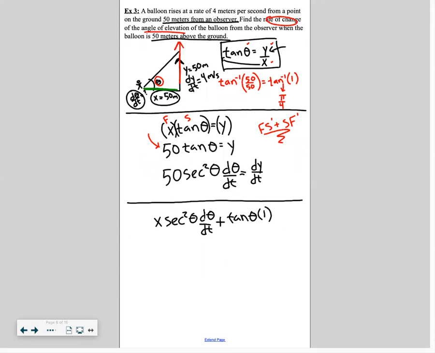So then that would become, yeah, you're right, this would be x secant squared theta d theta dt plus tangent theta equals dy dt equals